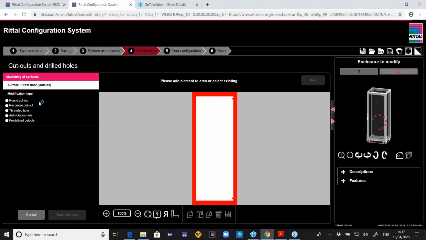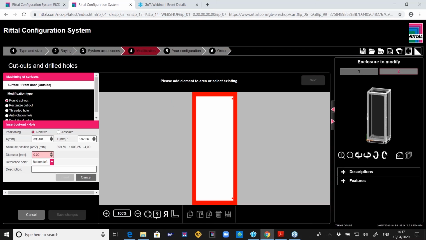Now we're going to create our own holes. We're going to create some standard round cutouts. So again, we have the option of the X and Y coordinates if we have that information. If not, then we can drag and drop onto our actual surface here, as you can see. So if we look at a 50mm hole,